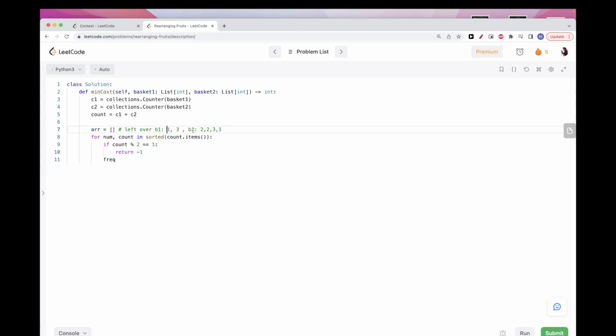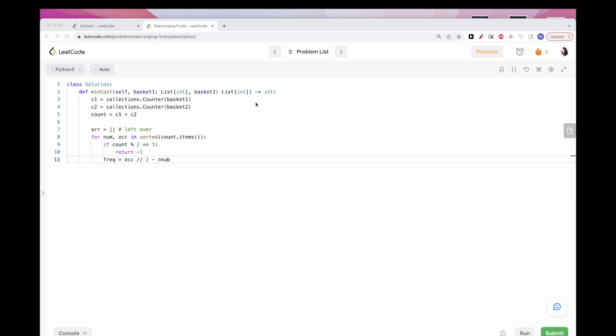These already match, right? So no need to keep them around. So that's what we are going to do here. So the frequency of what's left is that, basically, we take the count for this number, let's say occurrence here, to not interfere with this count. So the occurrence divided by 2, this is basically what we have matching, right? That we want to remove from the frequency minus the minimum